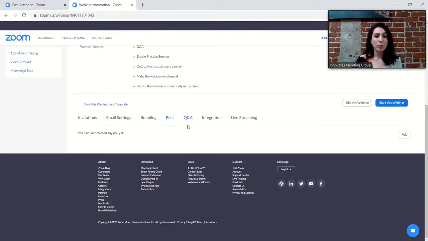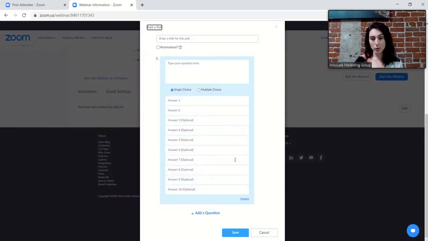Up next, we're going to go to polls. So polls is an awesome way to interact with your attendees during the actual live webinar. So we'll actually go ahead and create one right now. So if you go to polls and go to add, this window will pop up. And so what you're going to want to do is, if you have multiple polls during your webinar, I would number them so you're able to tell which one comes first. So we're going to go 1, favorite